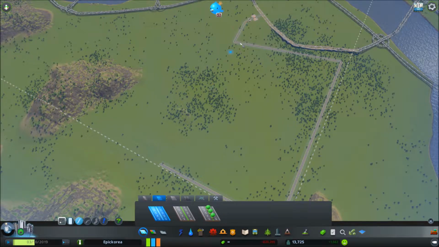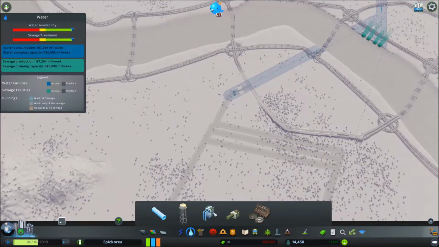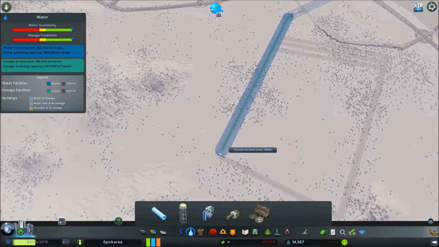And the craziest thing is we already have a section that features a connection to our industrial area, I guess we can do basically. So out here there is a lot of room for industrial. First though, I think we should make sure that we get pipes